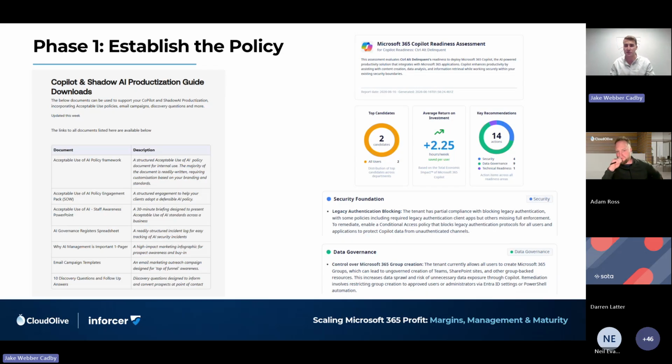But this is phase one, educating your customer on, hey, it's great that you want to start leveraging AI in your organization, but here are all the security things that we need to consider before we even turn on things like Copilot. Now, what we're seeing is this is great for generating additional PS revenue, because off the back of this assessment and report, it's shining light on where the gaps are within your customers' environments, so that you can then go in and say, well, okay, across the next 3 months, here are the new technologies we're going to configure in your Microsoft environment to make sure you are then ready for AI, as an example.